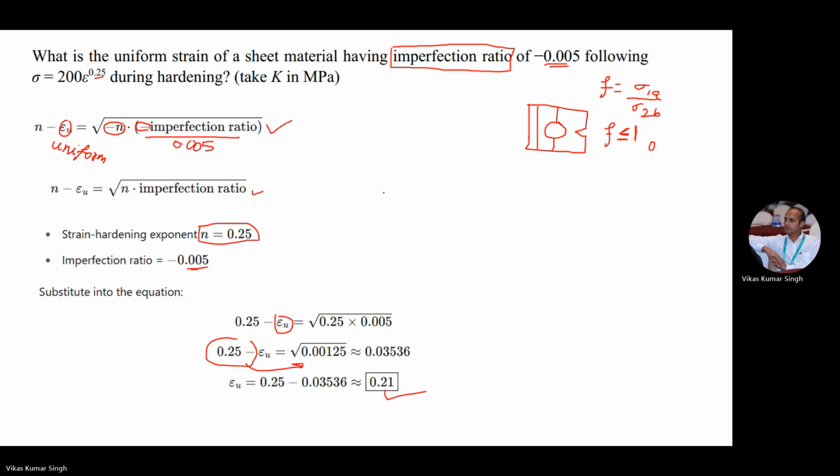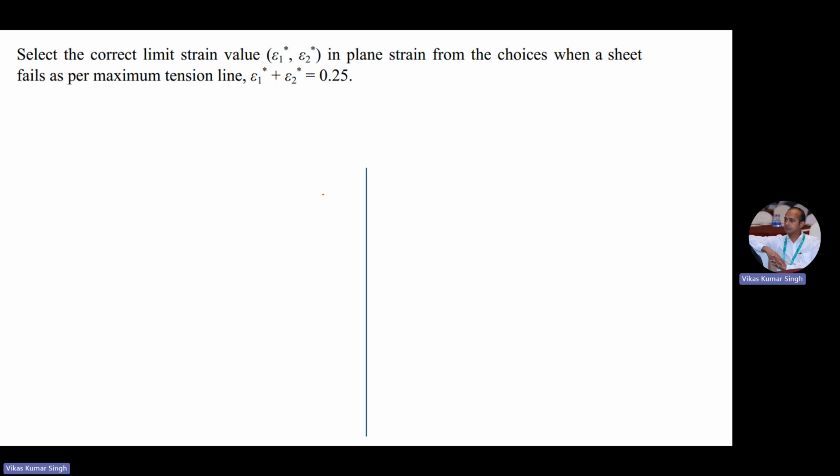So we have the next question. Here, select the correct limit strain value. This is one of the major strains and this is another major strain in a plane strain. So obviously in a plane strain, only two will be strain from the choice when a tensile fails as per the maximum tensile